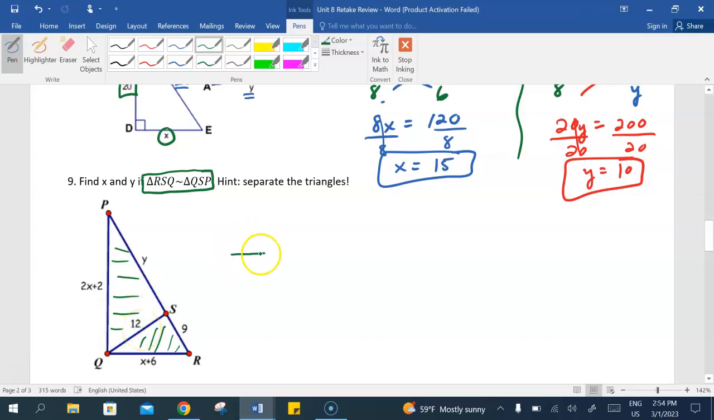So I'm going to draw those separately, just like I did before. And then I'm going to label these because that's really important because of this similarity statement, excuse me. So this was P, as Q for the bigger one, and Q